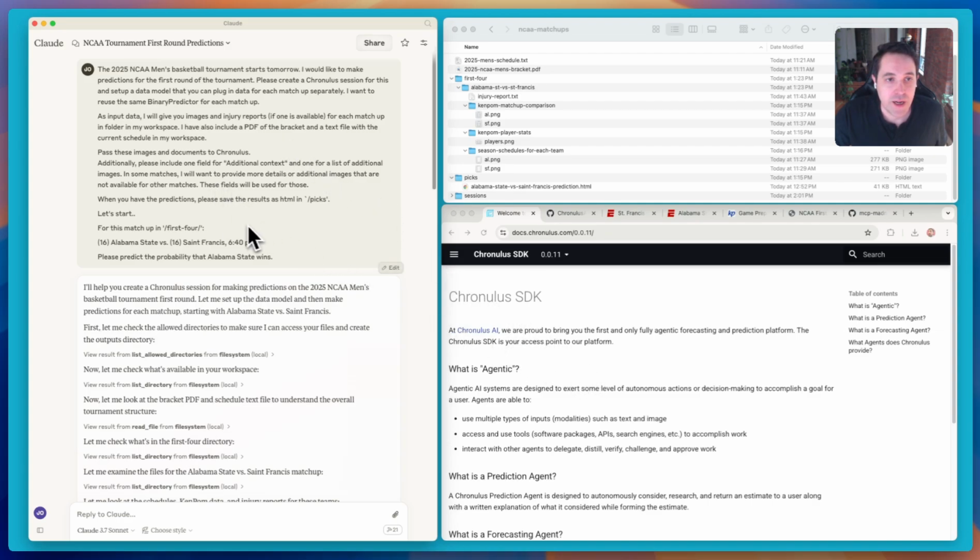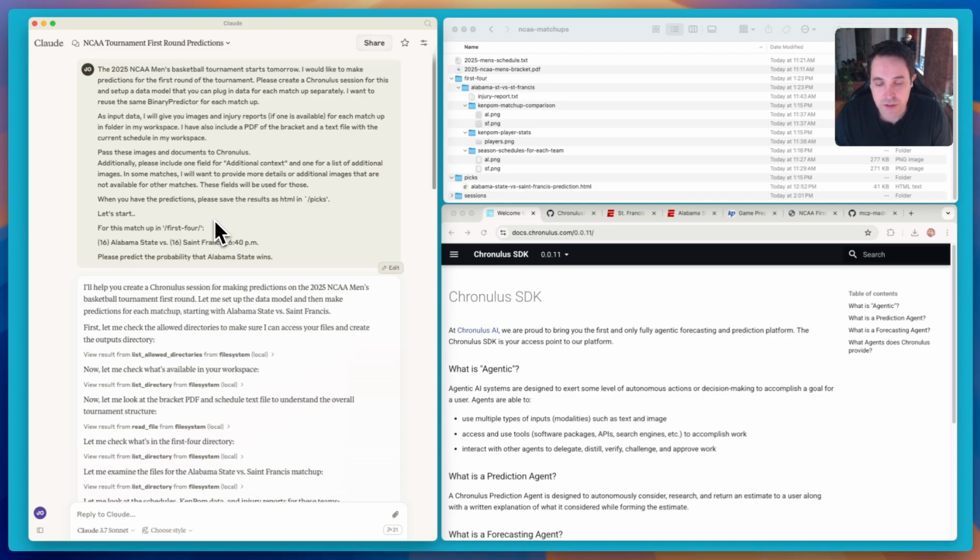On the left-hand side here, I have Claude Desktop, which is where I have our agent attached through an MCP server. So if you haven't watched our other videos, basically in the desktop version of Claude, you can attach different tools to Claude Desktop, which is kind of a client. You can attach those tools, and Claude understands how to talk with Cronulus. It can also talk with other types of tools. So along with Cronulus, I also have a file system tool installed, and I also have a fetching tool, which allows you to go out and fetch text data from different URLs.